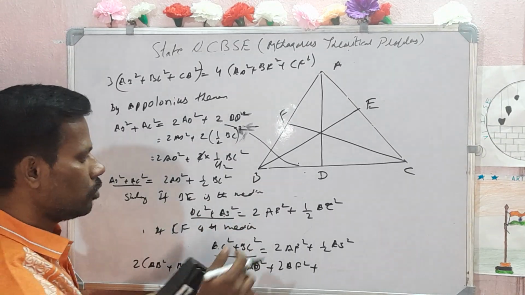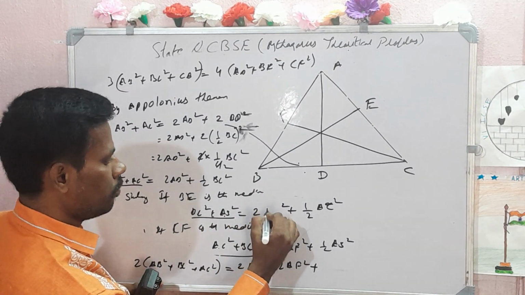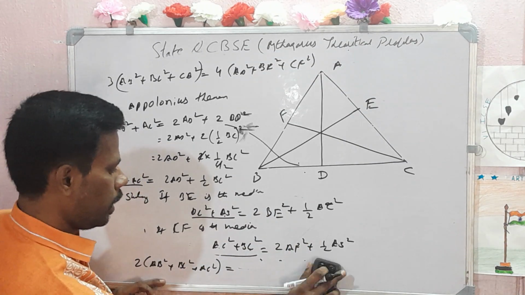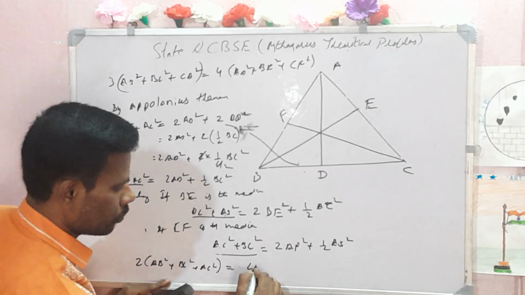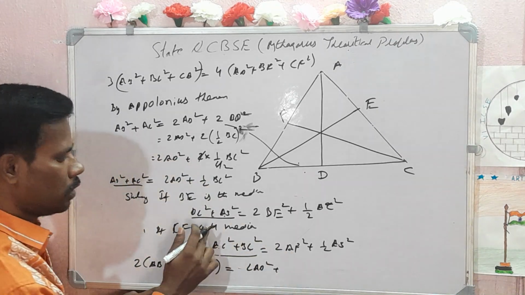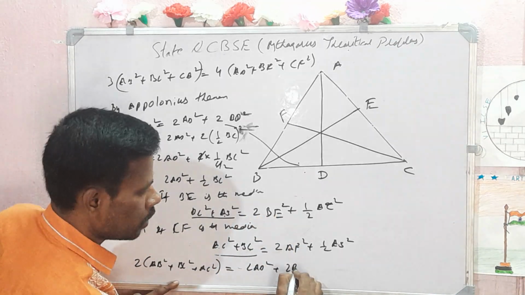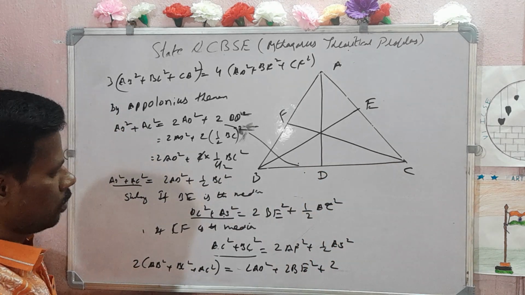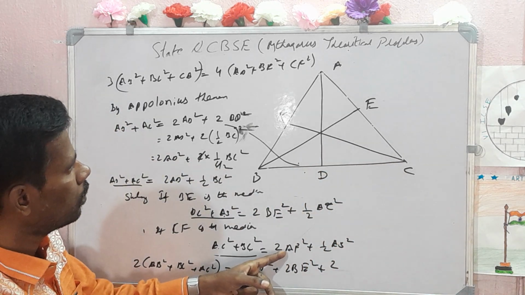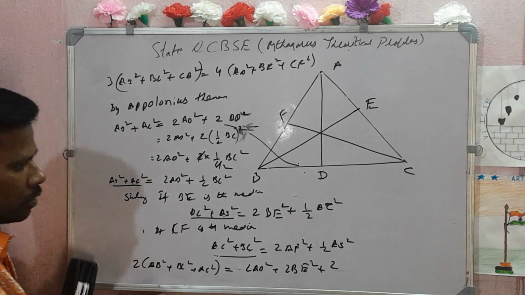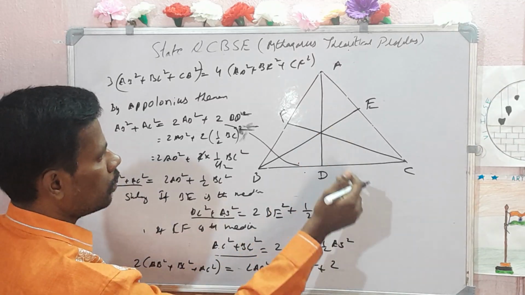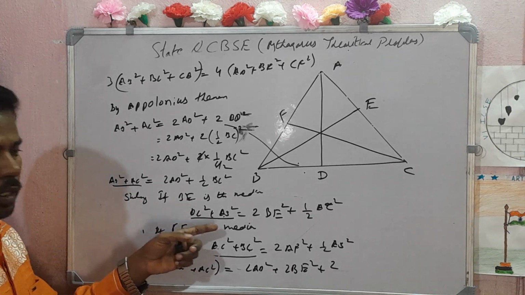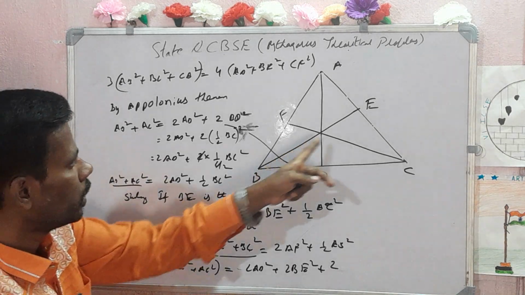B is the median, so here B will come. Please make a note of it. 2 times AD square plus 2 times BE square plus 2 times... please make a note of it. B is the median means